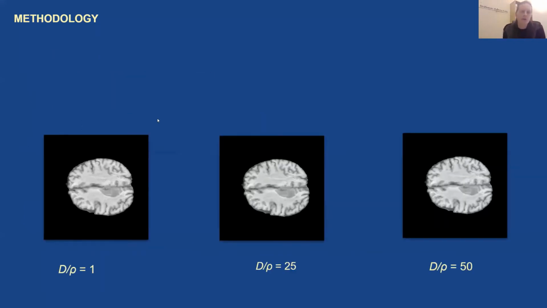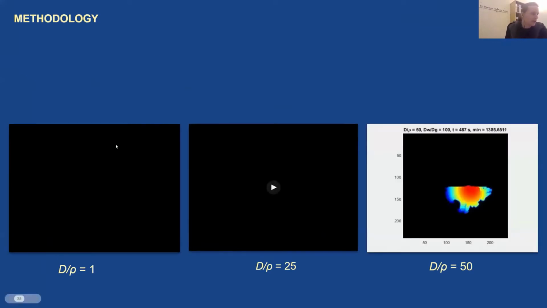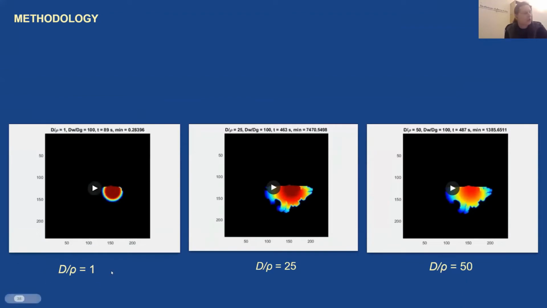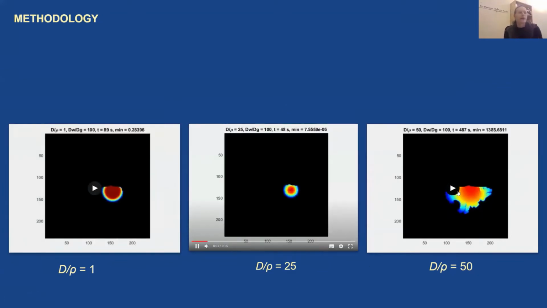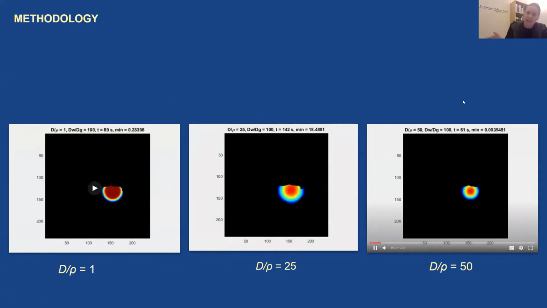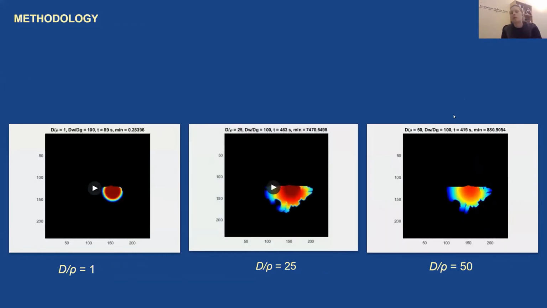I also just want to show you an example of what this looks like when we speed it up. I made some movies here. So I have different values for D over rho. I think when I start this video, these brains are going to disappear, so you have to remember what you're seeing here. For the first case, we have a very low diffusivity value, so it's going to grow pretty confined. It's not spreading so much. Whereas when we increase the diffusiveness value, it starts to grow more like a cloud and it spreads out. So we have very high concentration in the middle, but we also have low concentrations far away, and it grows much slower as well, as you can see. And you see the time scale is also vastly different depending on how we do this.